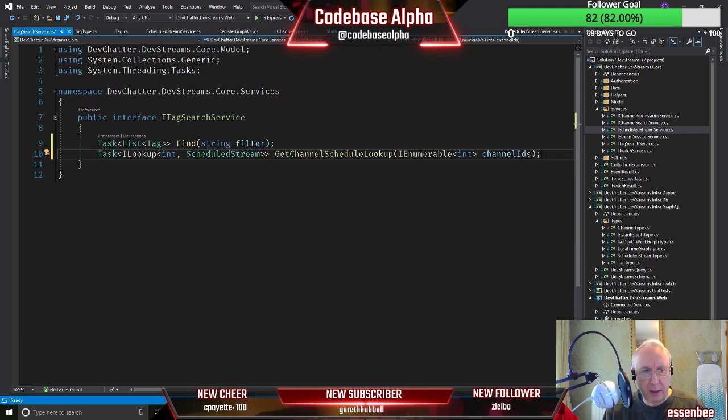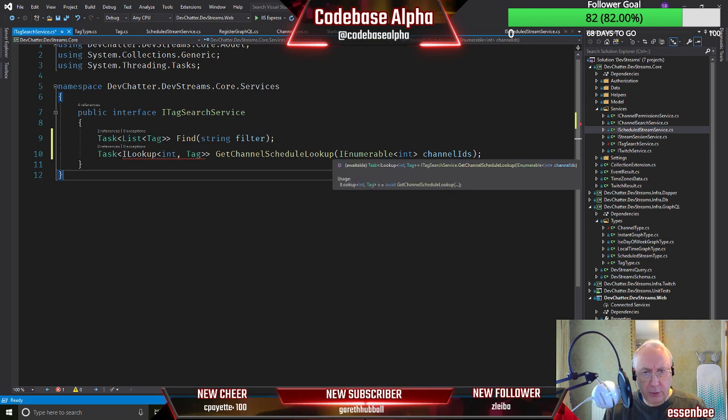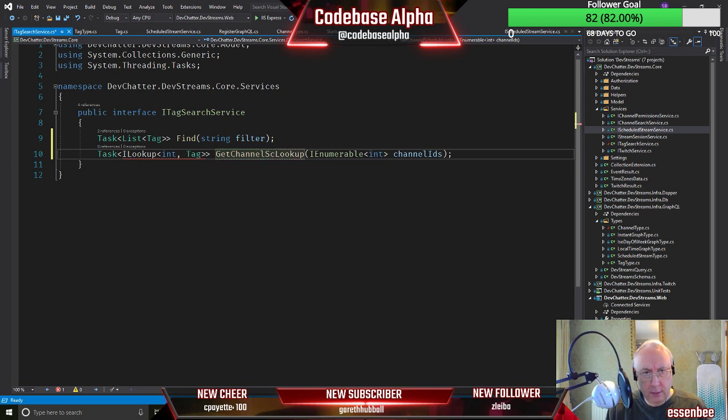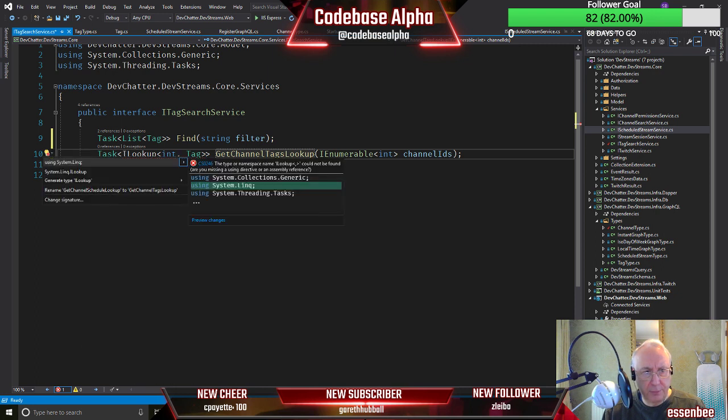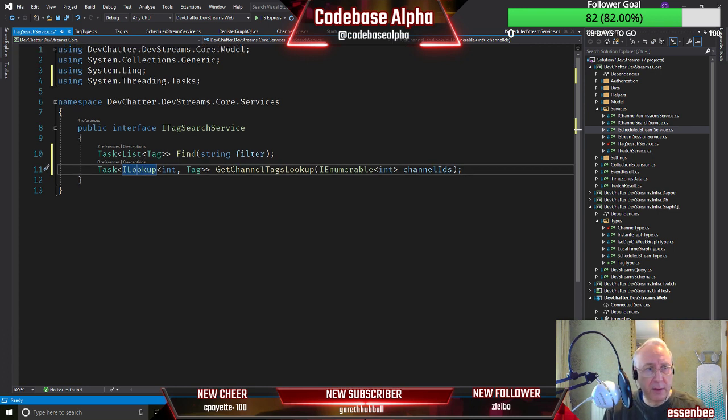We want to bring back an iLookup of tag, and we want to call it get channel tags lookup. Then we need to bring in the namespace for iLookup, which is simply a link namespace. Okay, so we've got that sitting there.